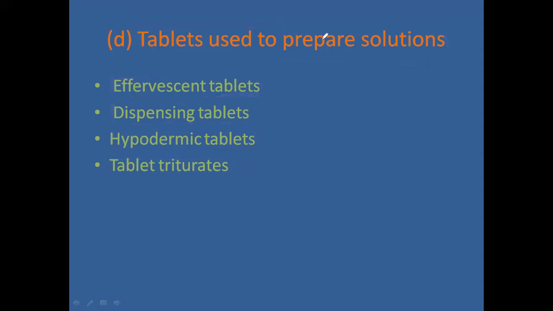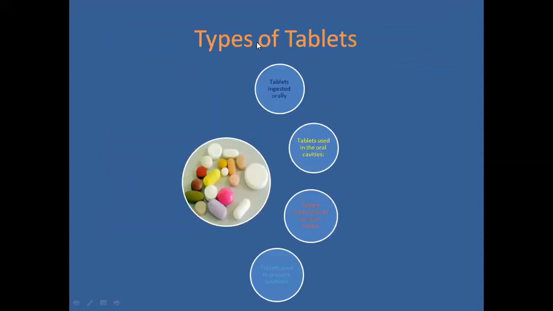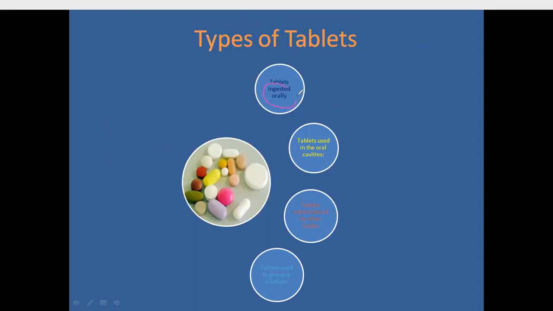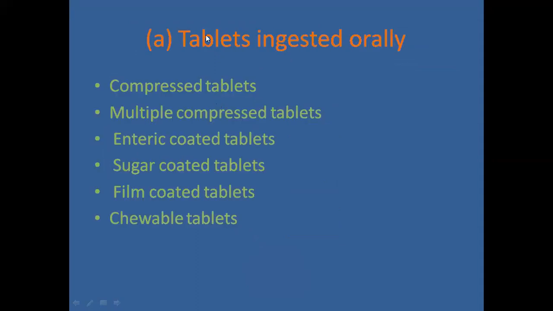So what we have seen till now is the broad classification of tablet. It includes firstly the tablets which are ingested orally, then the tablets which are used in the oral cavity, then the tablets which are administered by other routes, and the tablets which are used to prepare solution. Then we have seen each class with the help of suitable examples, that is, tablet ingested orally includes compressed tablet, which is also called CT. Okay, then we have multiple compressed tablets,